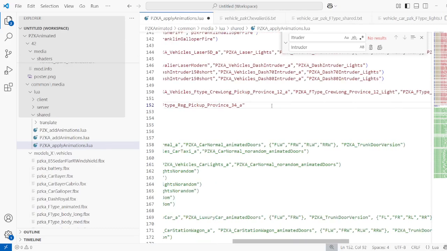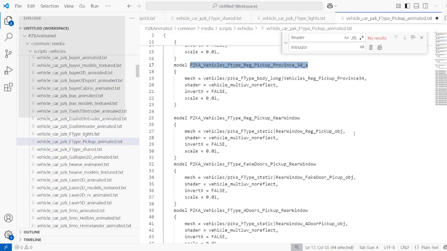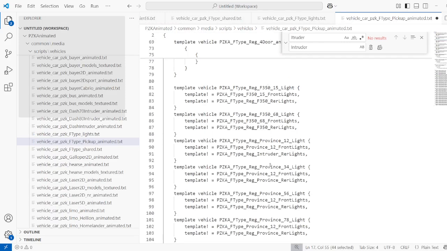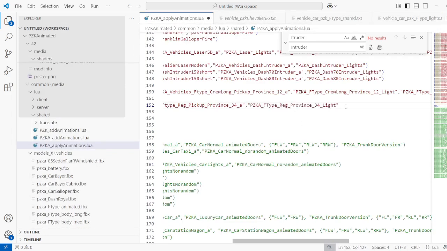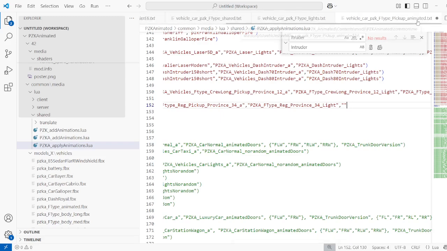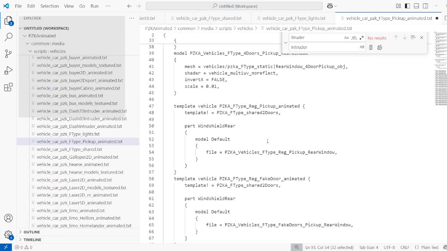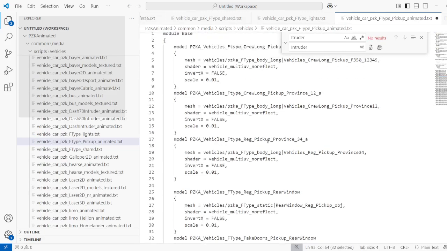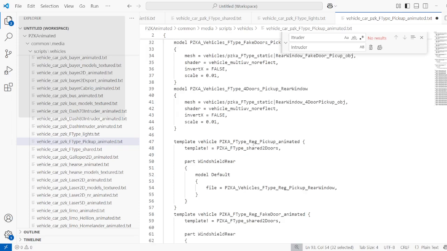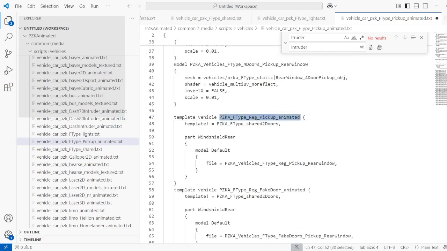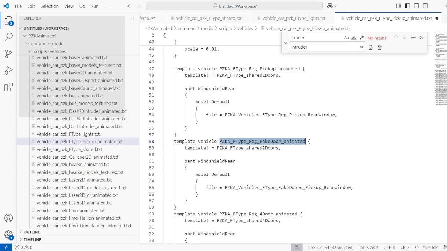Next would be our lights template. So that, once again, let's go get here, regular province 3, 4 lights. Paste here. Then our animations profile, that is a 2-door regular pickup. We have template, regular pickup, animated. This one, oh, why is it a regular 4-door? That's,